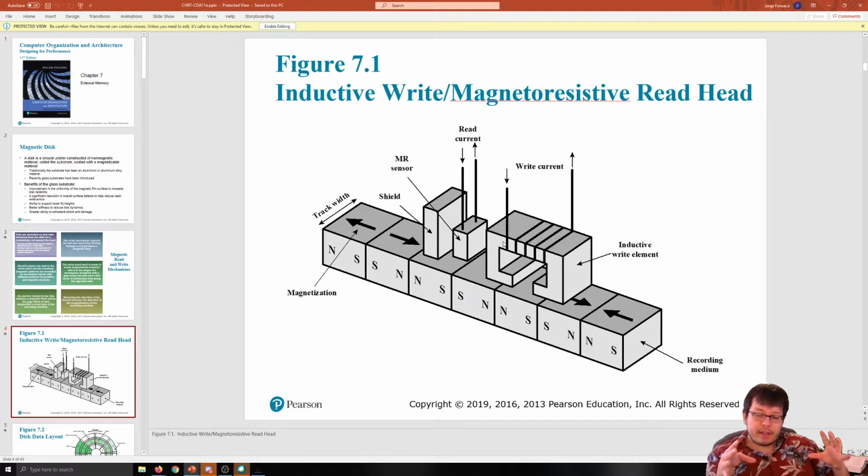A floppy disk works just like a hard drive. It's a magnetic sort of disk. Actually, I don't think the floppies themselves have the reading head, that's actually on the drive itself. But still, it works on the same concept of having a magnetic